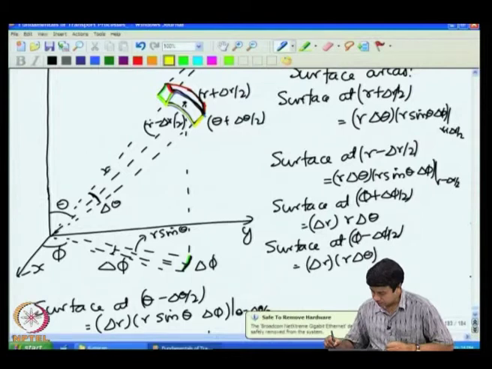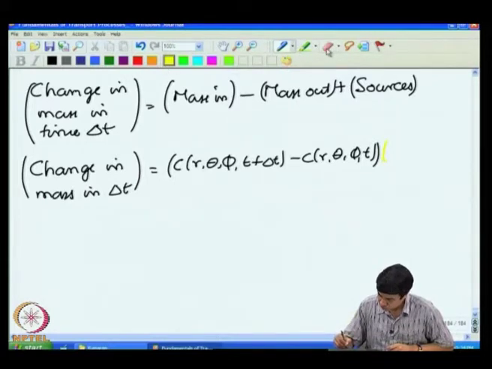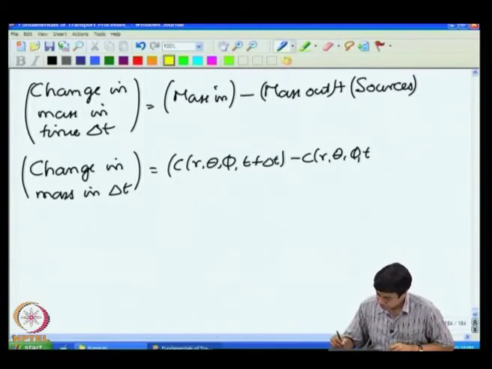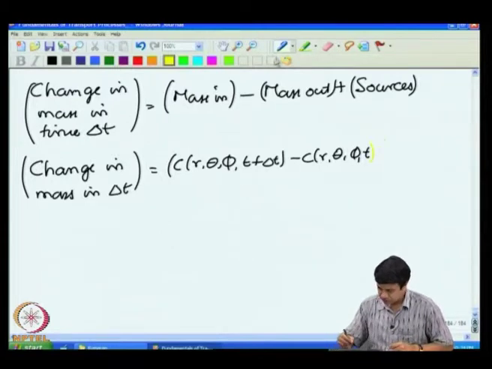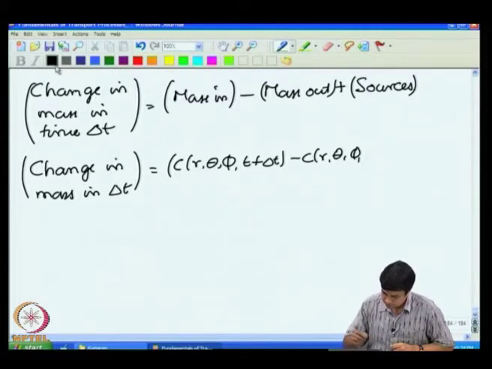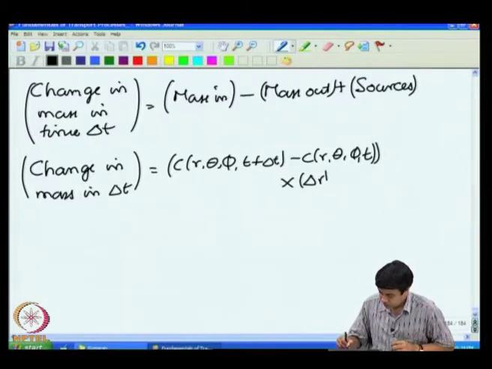Therefore, the change in mass is going to be this times the volume, which is delta r, delta theta, into r sin theta delta phi,